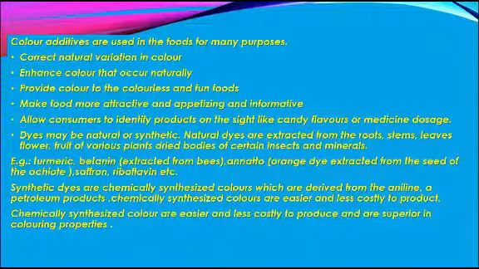To enhance the color that occurs naturally, for example, if there is an apple and it is not completely red in color, the dye is being injected into the apple so that it becomes completely red, and we consume such kind of apple